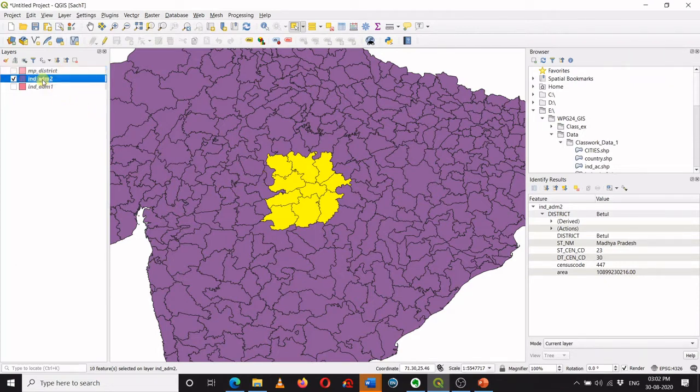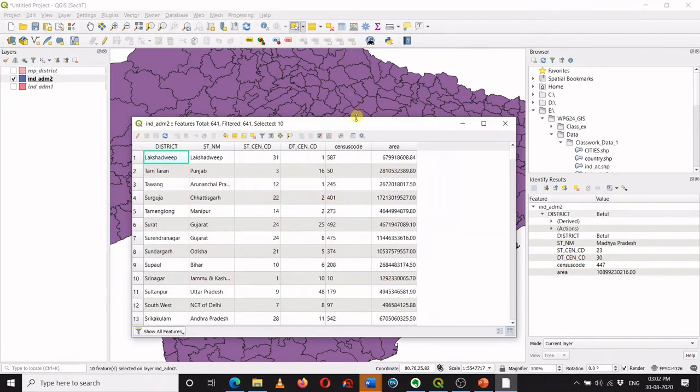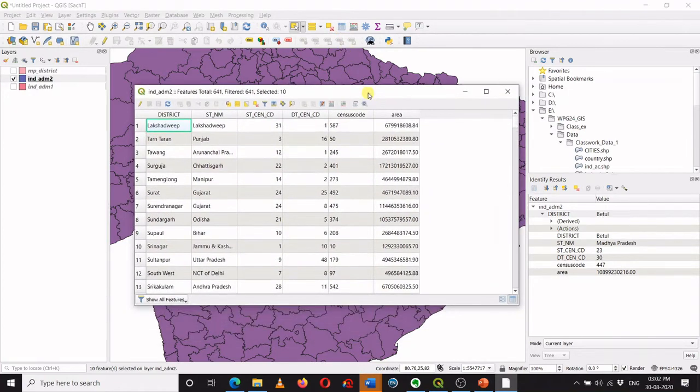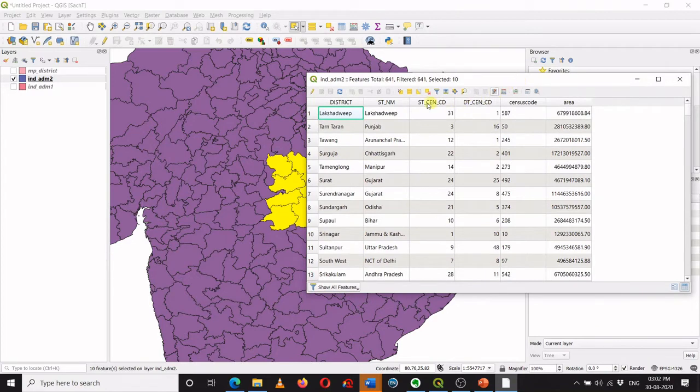So what I will do, I will go to IndiaAdmin 2 and I will open its attribute table. Now the attribute table is over here, and I want to select only those districts which belong to Madhya Pradesh. First let me deselect all, so no selection is there. I know this column includes the name of the districts, this column includes the name of the state, and so on.